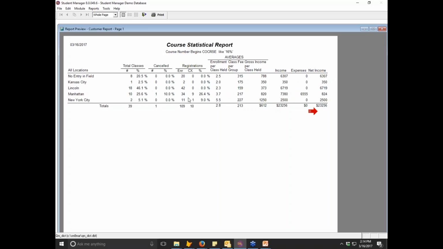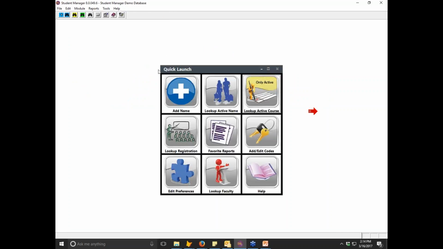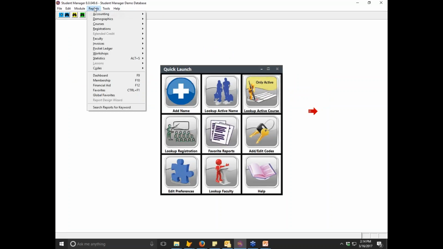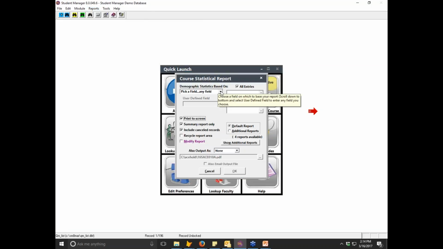But the point is, it gives you the ability to slice and dice performance of your classes by these multiple criteria. One more under there that I want to highlight for you, and that is, again, something like subject code is a good one to start this one,